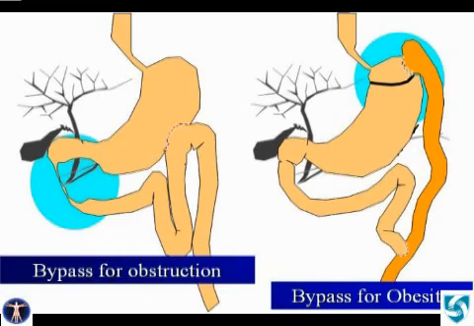The description gastric bypass can mean one of two possible surgically altered anatomical states. The cartoon on the left shows the type of bypass used to palliate gastric outlet obstruction and involves a side-to-side loop gastrojejunostomy. This video will concentrate on the type shown on the right, which shows the commonest surgical bypass for the treatment of obesity. This involves creation of a small proximal gastric pouch partitioned from the remainder of the stomach